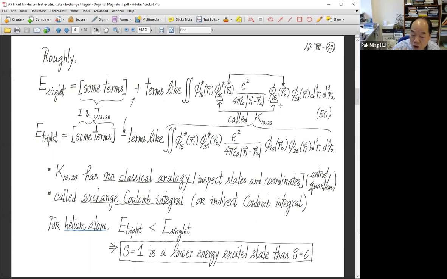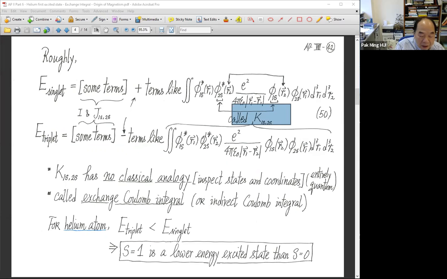This is called exchange integral or indirect Coulomb integral, okay? So the question becomes, what is the sign of this integral in helium atom, right? If this is positive with the minus sign, that will be lower energy because it is a plus that positive number, okay? So punchline,